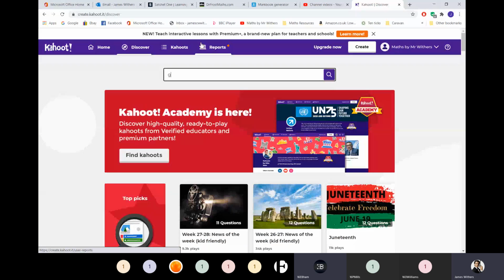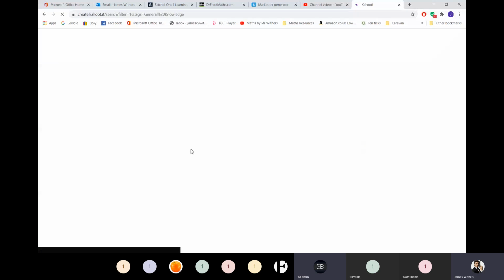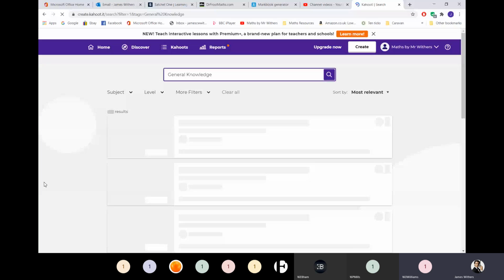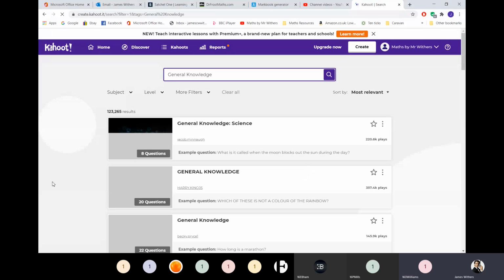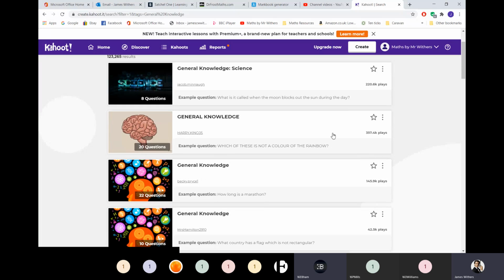Right, we'll go for something around the 10 question mark, I think. Any longer than that, it's also quite nice to rattle through. Actually, that looks quite nice. I know it's 20, but it's had lots of plays. Should we go for that one? Yeah, and then we'll rattle through it. There's a 10 question general knowledge two underneath that. Oh, sorry, too late.